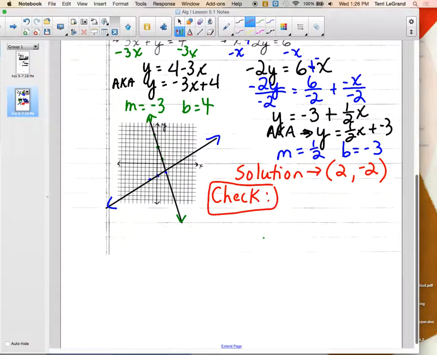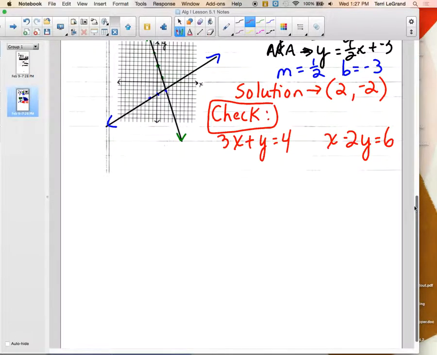So we have to check it in 3x plus y equals 4, and we have to check it in x minus 2y equals 6. That's where we're going to check it, because that will truly show us, you know what? If it checks out here, I'm feeling good about everything I did. If it doesn't check out here, chances are you didn't put it in slope-intercept form properly. And that's going to stink, right? But that's what you should be checking. So we need to put 2 in for the x, and negative 2 in for the y. 2 minus 2 times